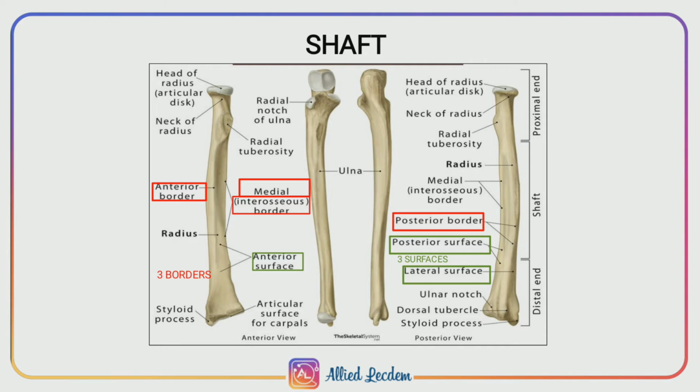Next is the medial or interosseous border. It is the sharpest of the three borders. It extends from the radial tuberosity above to the posterior margin of the ulnar notch below. The interosseous membrane is attached to its lower three-fourths. In the lower part it forms the posterior margin of an elongated triangular area.